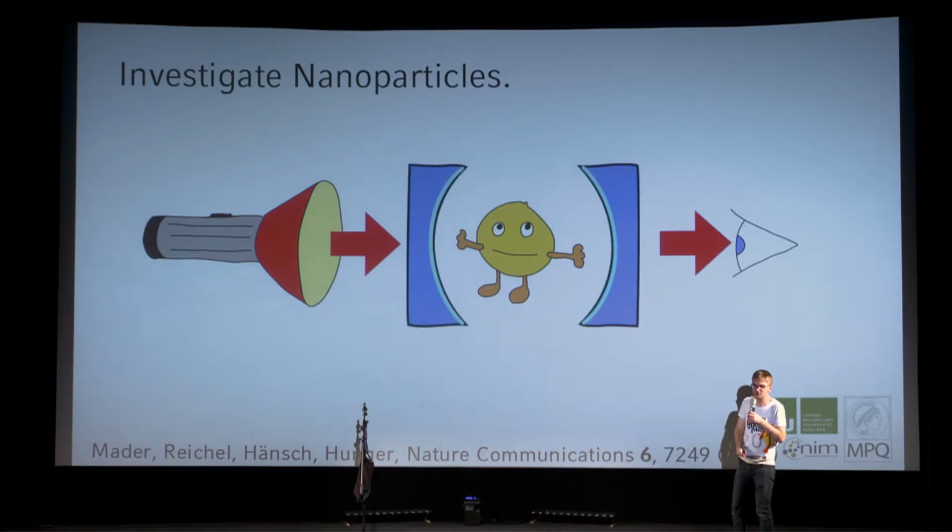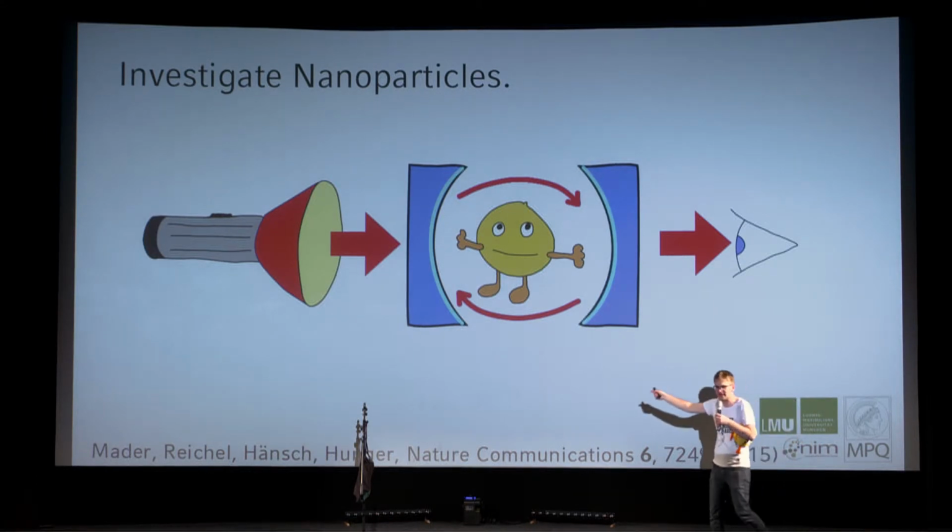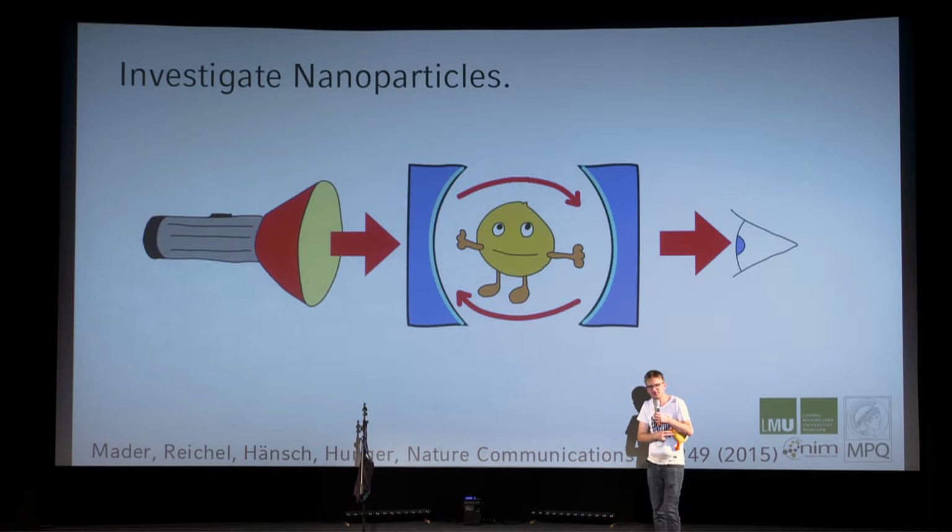And so we played a trick. We put mirrors around the nanoparticle, and light circulated 30,000 times. We took the best mirrors you can get. Light circles 30,000 times around, and after 30,000 round trips, you believe me that a gold nanoparticle, as small as it might be, takes out enough light that we can measure something.